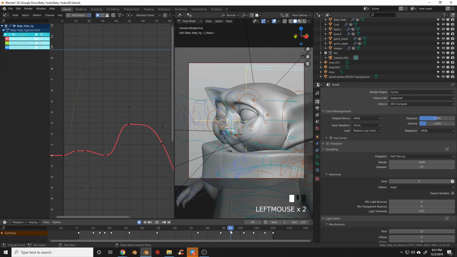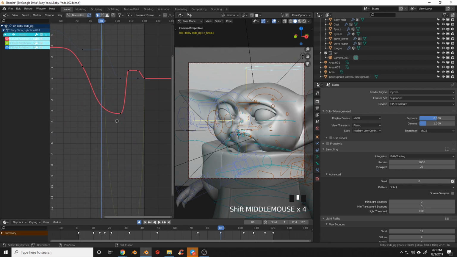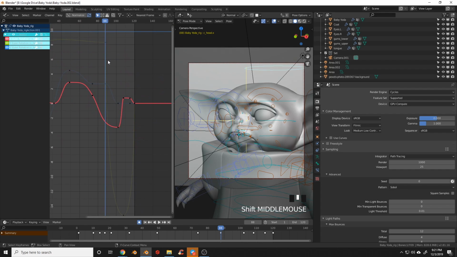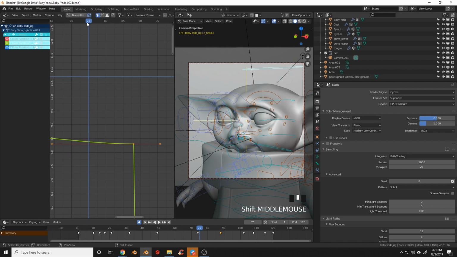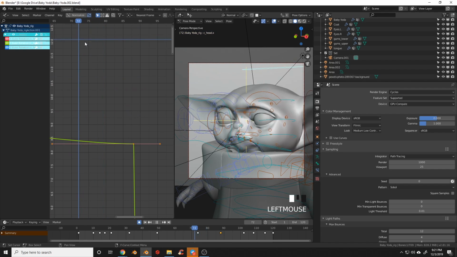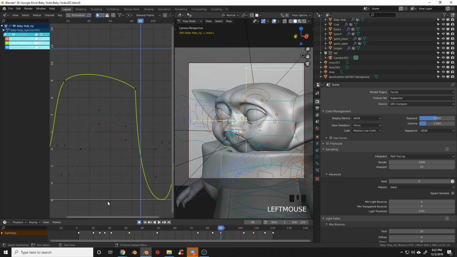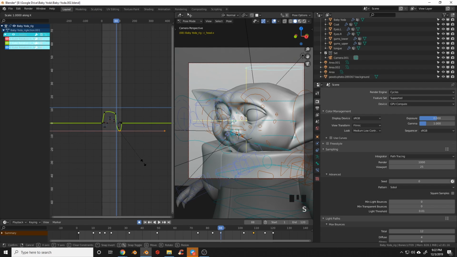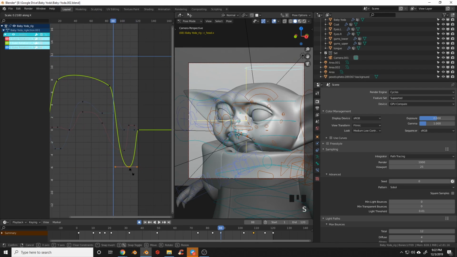Now he's really snapping his head here. So let's get rid of that because, like I said, Baby Yoda is a baby. And we can see here that the contender is this right here. And you can see here in the easing, let's zoom in on that. This is a good example of what we don't want. We can see that it's coming here and then it's just a sharp drop off. And this should help it feel a little bit more natural. Again, we have a huge scale there, so it's snapping the easing up there. So when I scaled it earlier, you can see that it made it a quick snap.